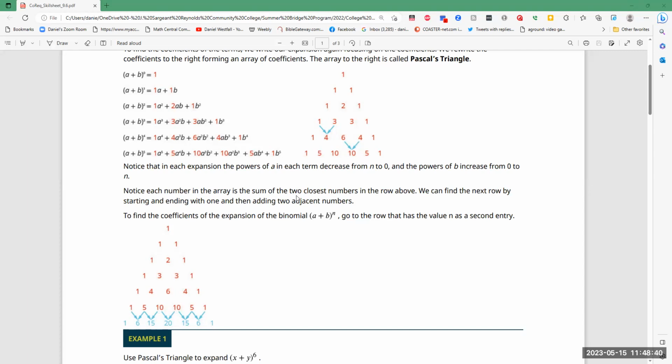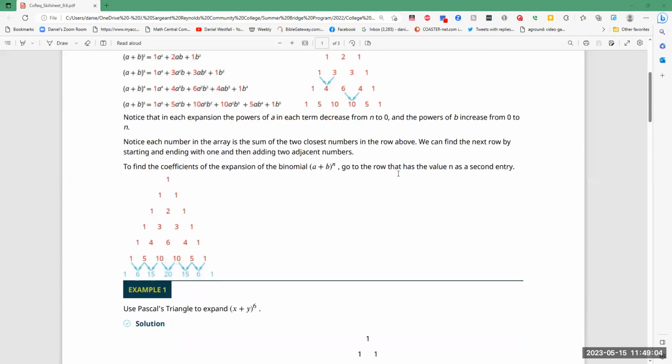Notice that the triangle is symmetric along this line right here. So if I know this is 1, 5, 10, and I hit this line in the middle, then it has to repeat 10, 5, 1. So you really only need to find the first half, and then it's going to be the mirror image on the other side. So again, they want you to find the next row. So after 1, 5, 10, 10, 5, 1, which is n to the 5th, they want you to find the coefficients for n to the 6th,